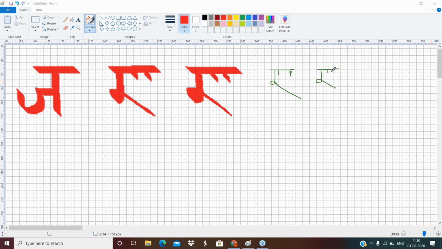Keep these strokes, whatever you are drawing, in the middle of these two. Do not keep them at the corner, right corner, or the left corner. Try to keep them so that, if you see this, there's a symmetry here, right? So that is important in J. Now we will show J.